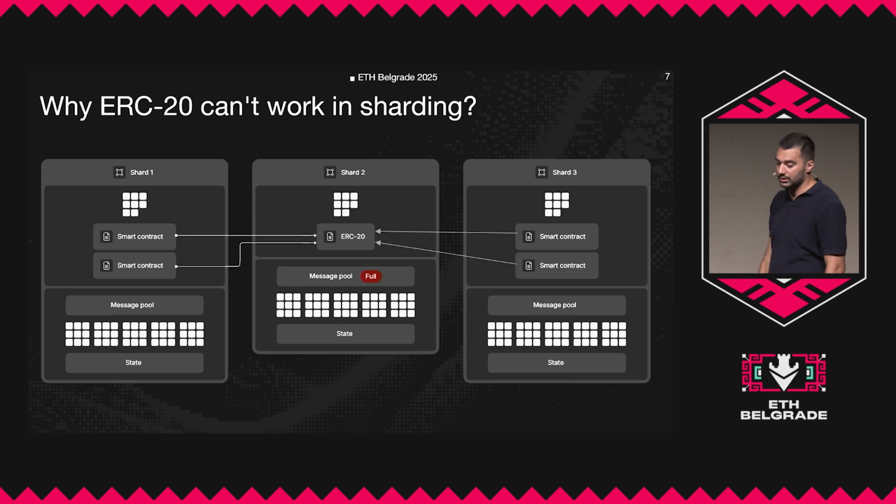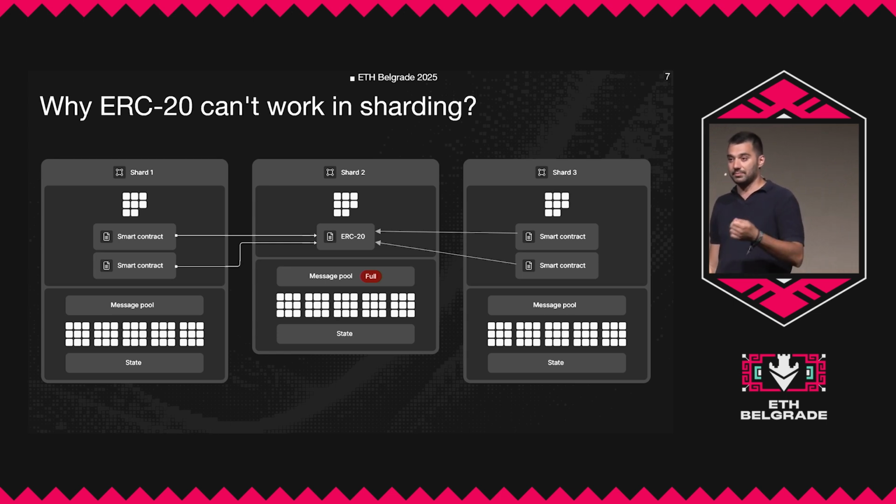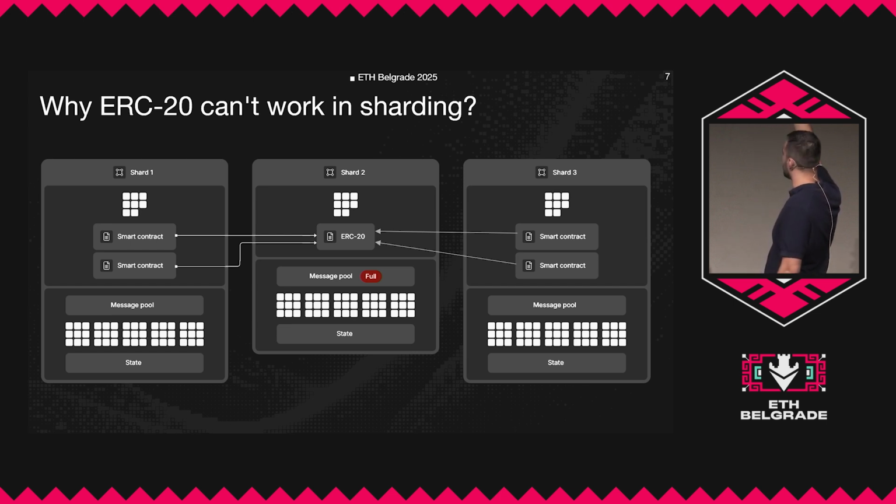And something that is going to happen in this case is that these smart contracts, if they want to interact with the ERC20 token, cannot just synchronously send the messages. They need to do these async calls. And these cross-shard calls are nothing more than async calls, which means that the transaction will be sent, for example, on shard 3. It will go to the message pool. It will execute something on the contract there. And then it is going to create a new transaction that needs to go to the message pool on shard 2. And when the transaction comes to the message pool on shard 2, then it executes something on ERC20.